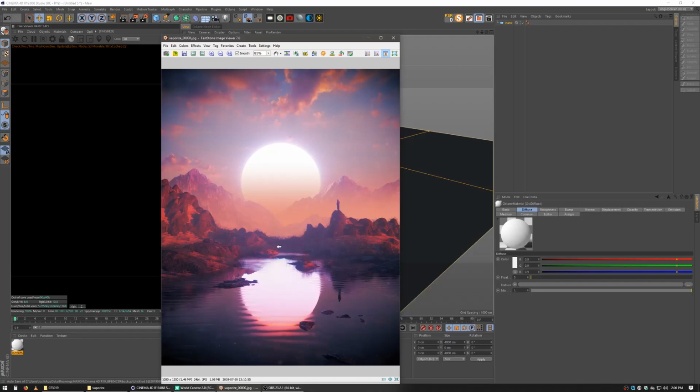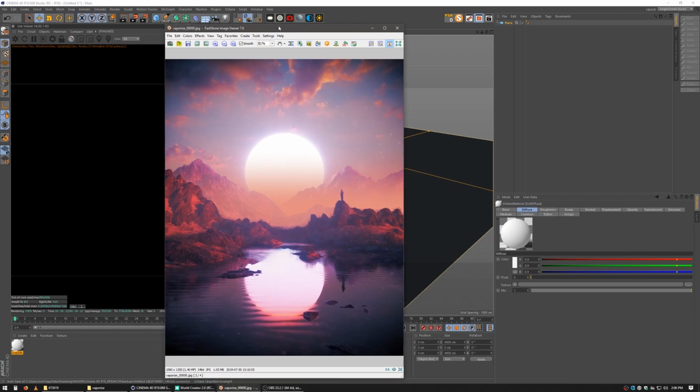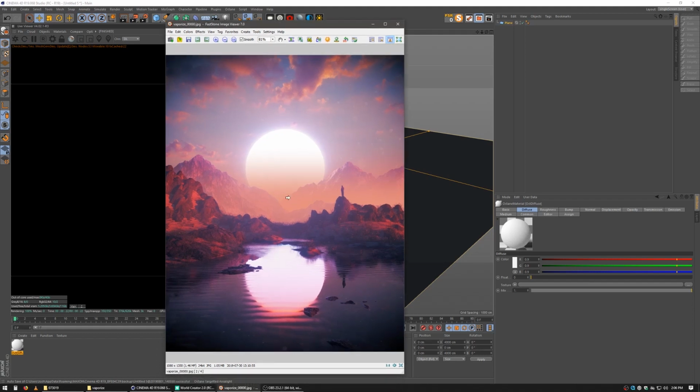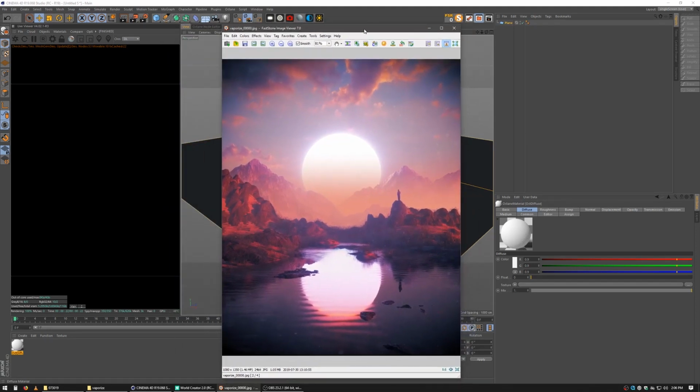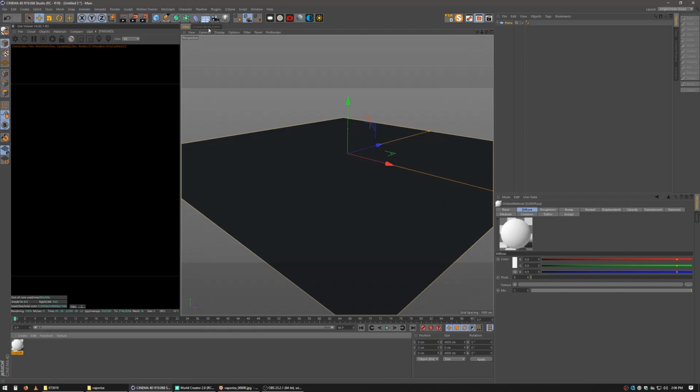I just want to touch on how powerful World Creator is, again, at making terrains. I know I like to do a lot of hand sculpting inside of Cinema in my videos, but for all of this kind of stuff for the backgrounds, these eroded looking mountains, it's just amazing how quickly you can do this stuff in World Creator. So to bring this in,